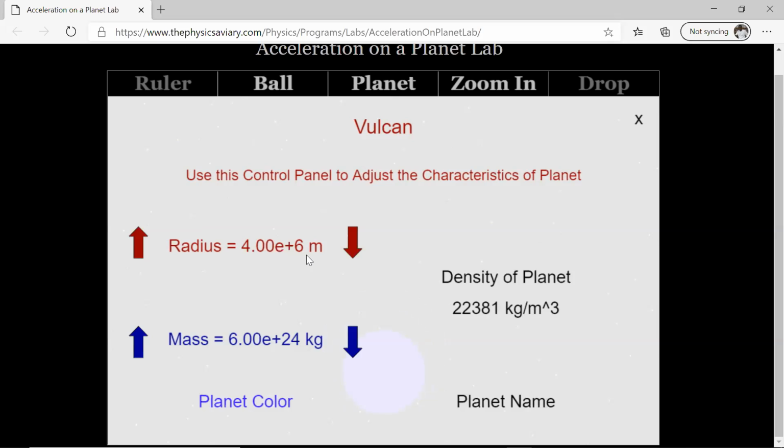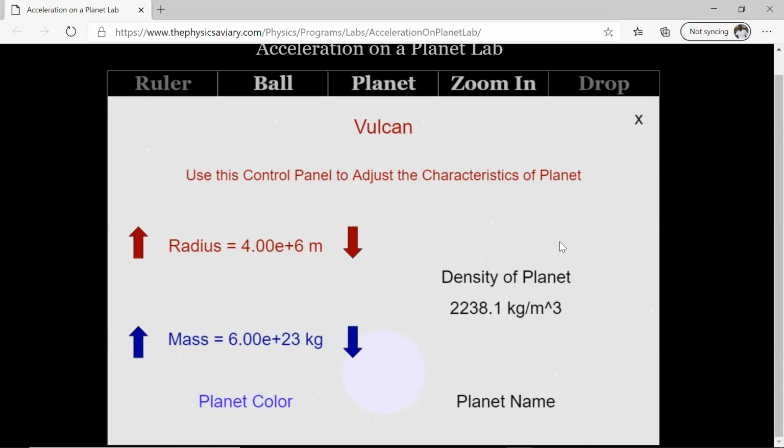And then what else are we going to do? So decrease mass and radius of the planet to minimum possible. I'm going to decrease the mass. Notice that as the mass changes, the density changes too. What is density by definition? What do you understand by density of a planet? It's the mass divided by the volume? Yes. It's an entire mass divided by entire volume. Yes. So in this case,